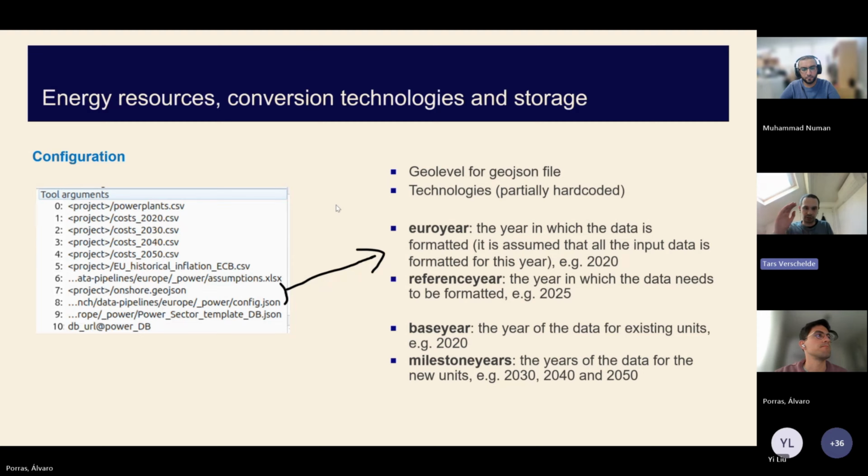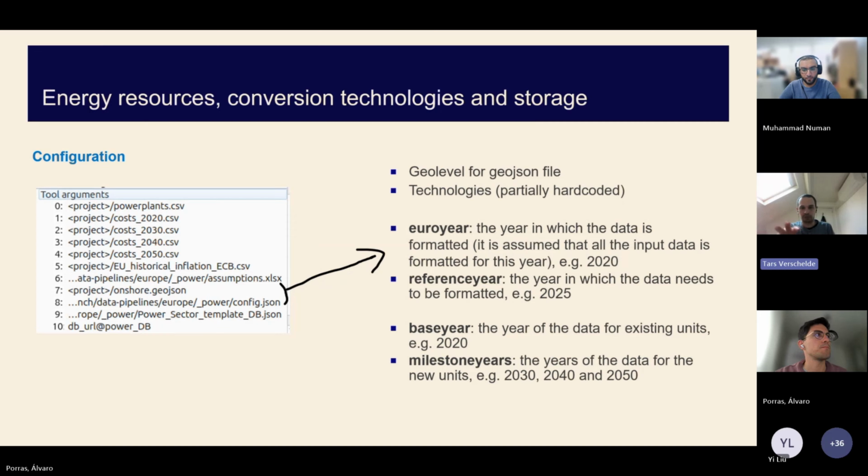There are some technologies that you can choose in that configuration file, but these are partially hard-coded. That is because the power plants matching file is not very clean, so you have to do some sort of mapping, and we did that mostly hard-coded. But if in the future there is some case that you want to do, and there are some technologies that you want to consider, then you can always raise an issue, and we may be able to bring it either to the configuration file or add it inside of the script.